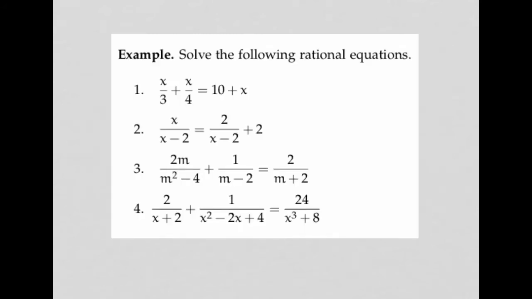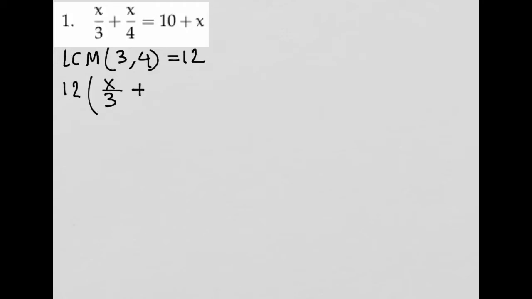I'm going to solve the following rational equations. Let's start by solving the rational equation x over 3 plus x over 4 equals 10 plus x. First, let's find the LCM of 3 and 4. The LCM of 3 and 4, that's 12. I'm going to multiply both sides of the equation by this LCM to get 12 times x over 3 plus x over 4 equals 12 times 10